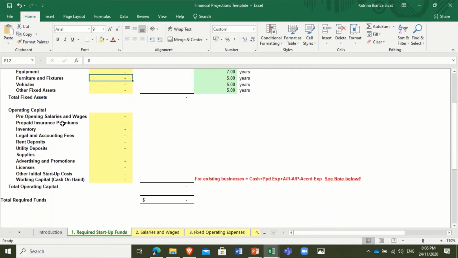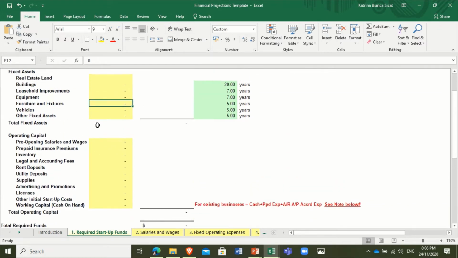So please be mindful of the years that you would be putting here. Okay? And then, of course, your operating capital. You need operating capital simply because you cannot start the business without cash. Kasi all of these are deposits. Realistically speaking, when you put up a business, actually mas magastos pa nga yung mga deposits kasi sa kuryente na lang,